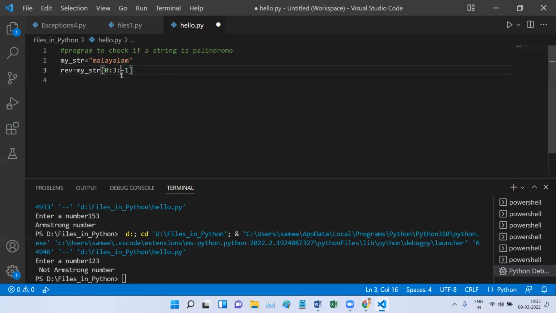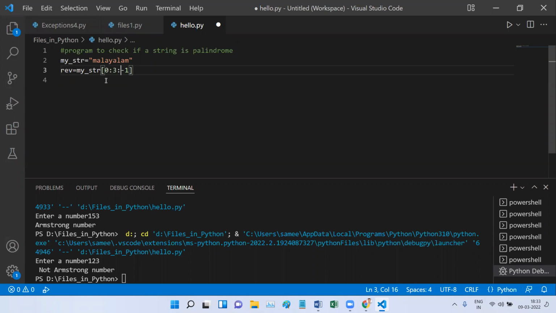Okay, if anyone remembers, can you tell me what will happen if -1? Okay, we don't have much time. So what happens is, if you mention -1, this string starts to load from the reverse. So it will not copy from the starting, but it will start from the reverse. That's why I am storing the whole value in my variable called reverse.